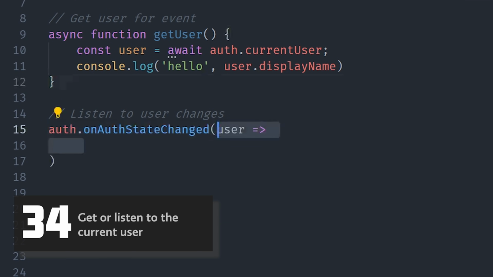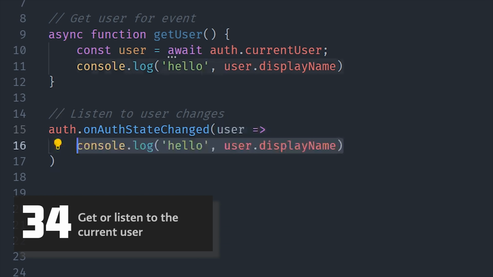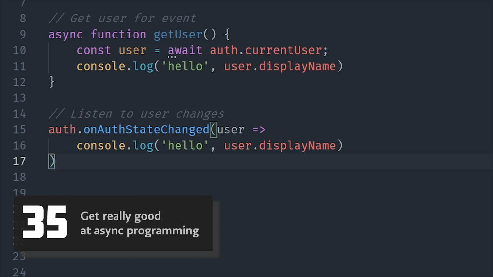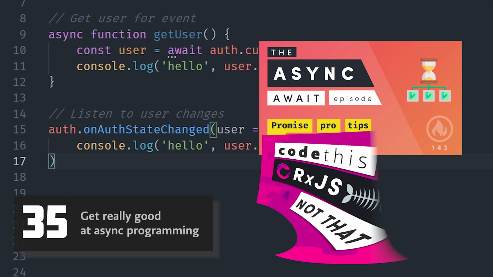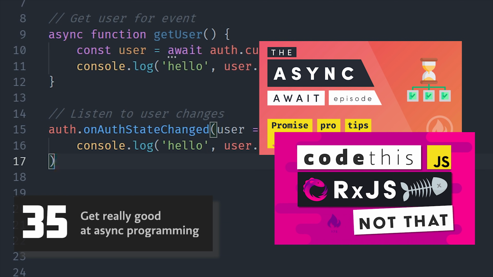The other way to get the current user is to always be listening to the current auth state. In this case, you provide a callback function to listen to changes to the auth state, like when the user signs in or signs out. In either case, I recommend getting good at asynchronous JavaScript to be successful with Firebase. Understanding async await is very useful for the first approach, then understanding callbacks and functional programming is very useful for